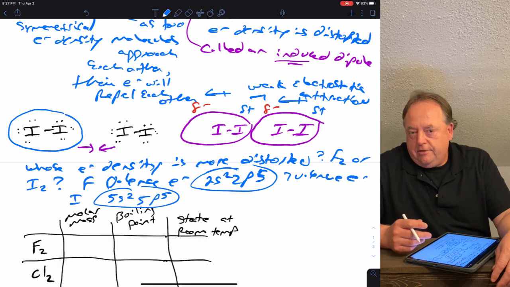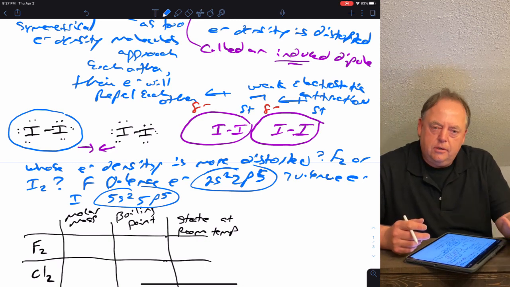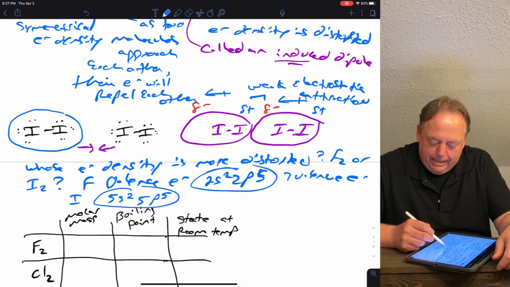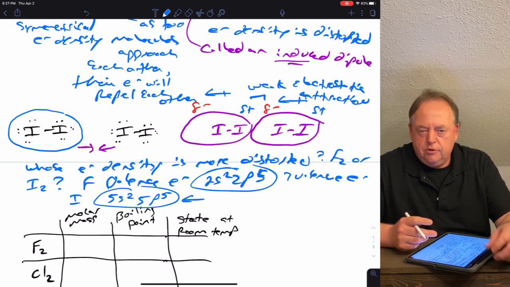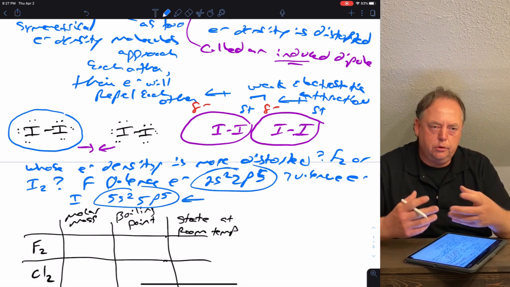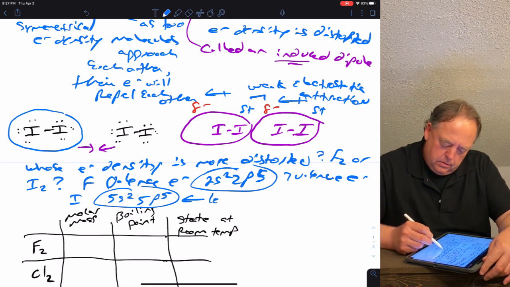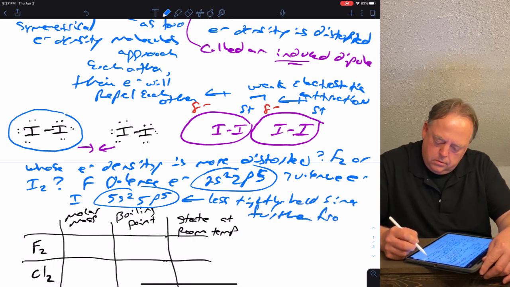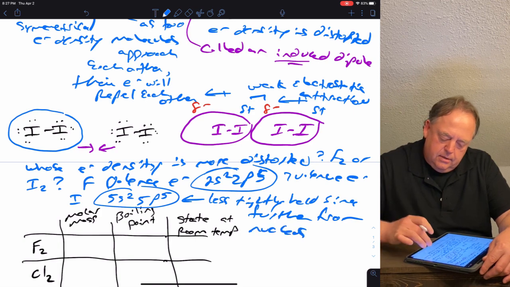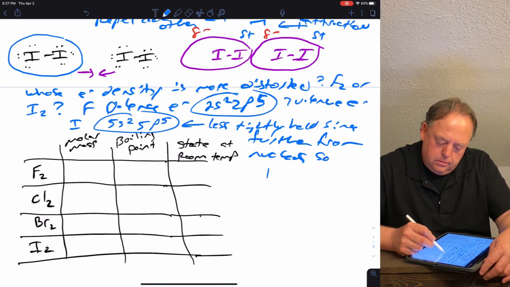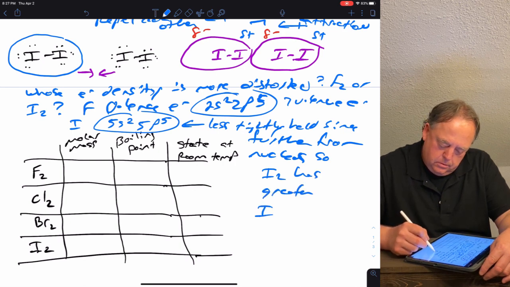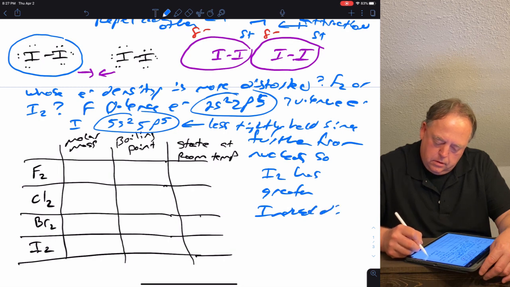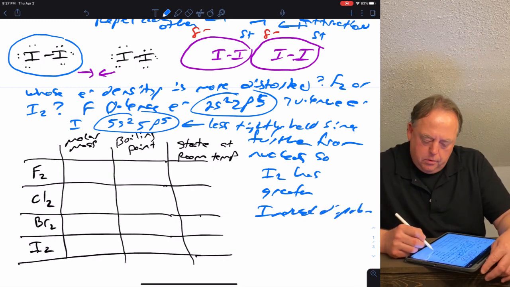So whose electrons would be easier to distort? Electrons in the 5th shell or electrons in the 2nd shell? It would be iodine's, right? Because those electrons are further from the nucleus, so they're less tightly held, so it's easier to distort them. Right, so I2 has greater induced dipole